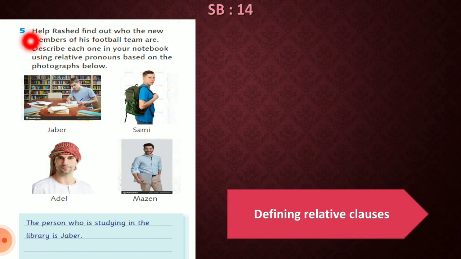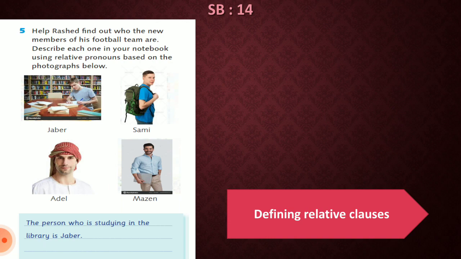In exercise 5, help Rashid to find out who the new members of his football team are. Describe each one in your notebook using relative pronouns based on the photographs below. So we have some pictures, and in these pictures we have persons. These persons are the new members of Rashid's football team. So we want to introduce him to these persons by describing them. We want to describe these persons, to give more information about them, and in order to do that we will use